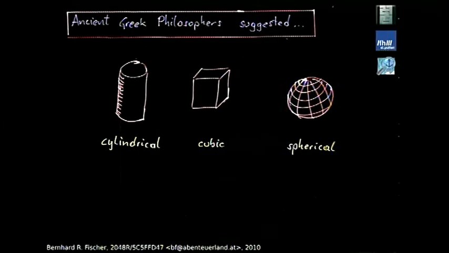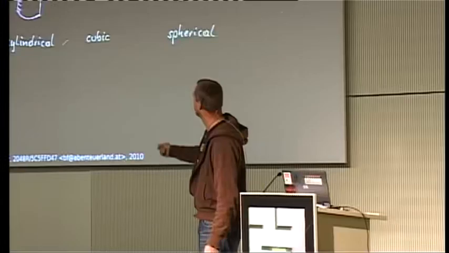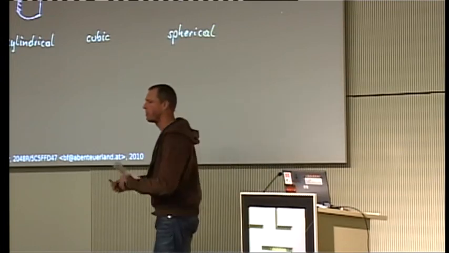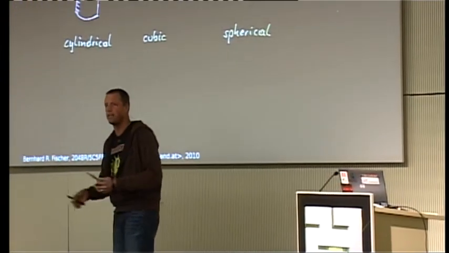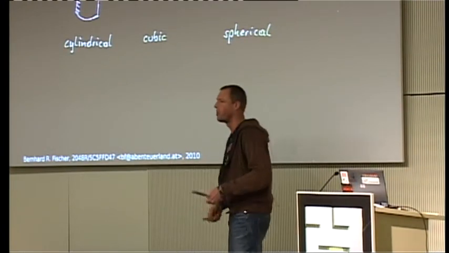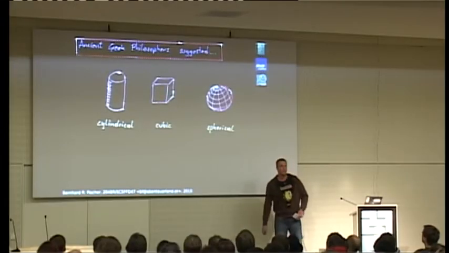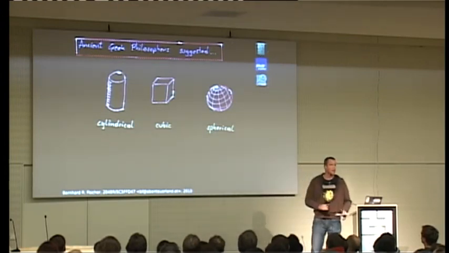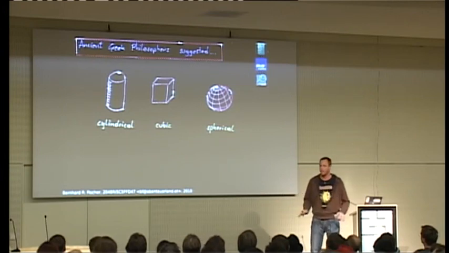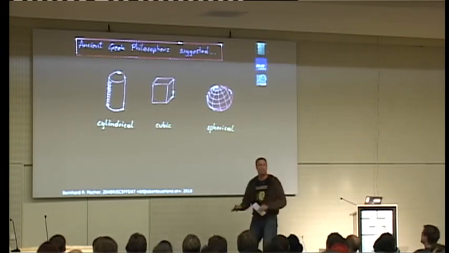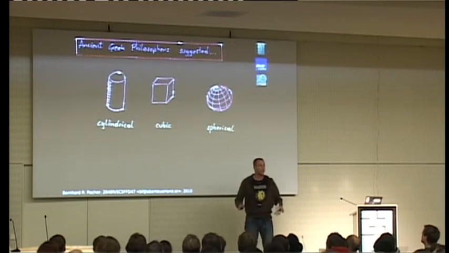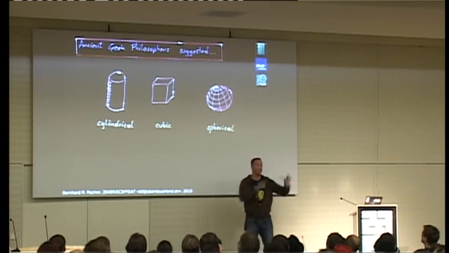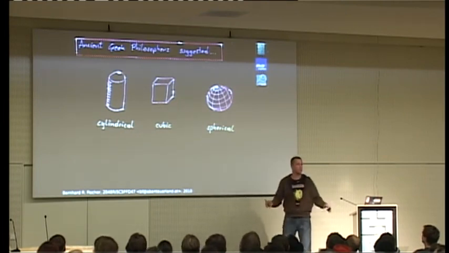The Greek philosophers suggested that it must be something like a cylindrical body, and it turned out to have some oddities, and then some other philosophers suggested, no, it must be a cube, actually. But even this was not really a correct model, but in those times, it was really easy to explain something, because if they couldn't scientifically explain something, then they just said, okay, it's mysterious. Something handles these oddities up there. So it was easy. That's not possible today.